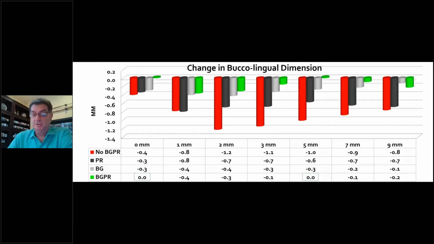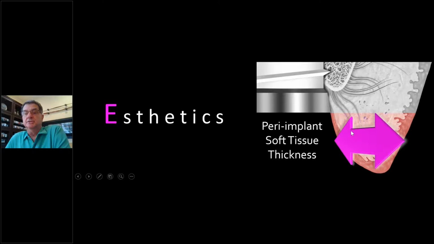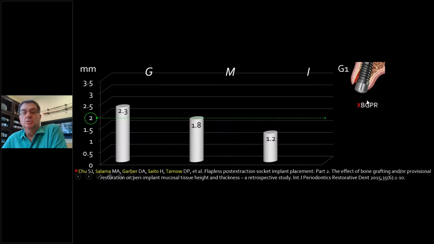So dual zone socket management is the way we've been doing this for about 8 or 9 years now. So the thickness of this gingiva right here, remember dual zone, we're grafting inside here. We did the thickness test: gingival third from the top of the implant, middle third, and the incisal third. Of course, the incisal third is always going to be narrow because it comes to a point. But I want the middle and particularly the gingival third to be as thick as possible, preferably, as you'll see, over 2 millimeters.